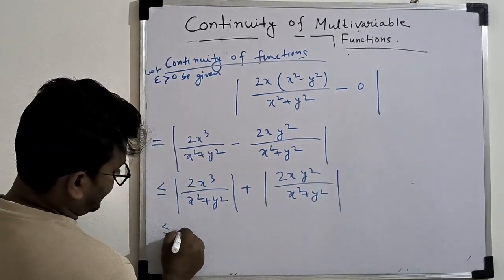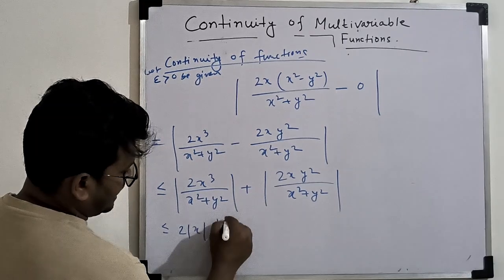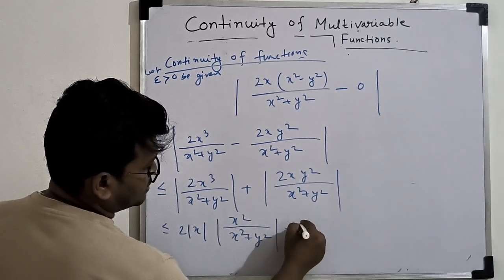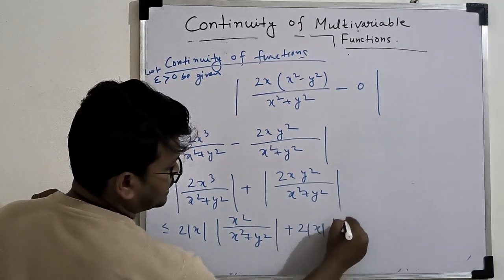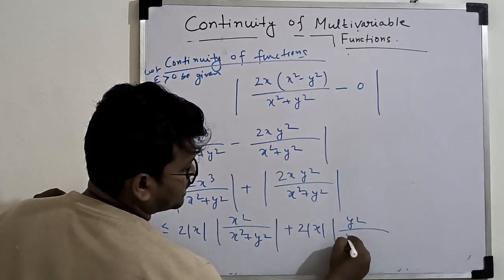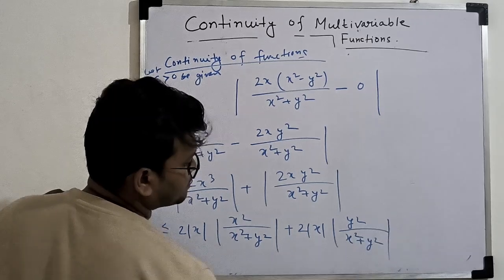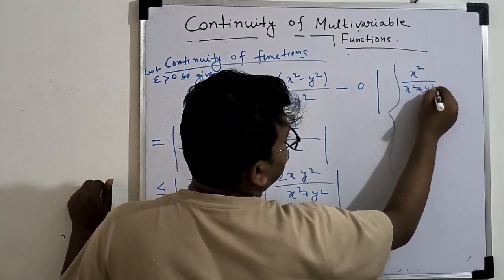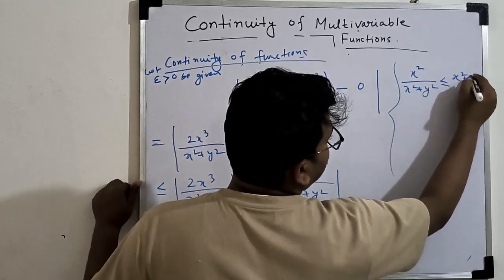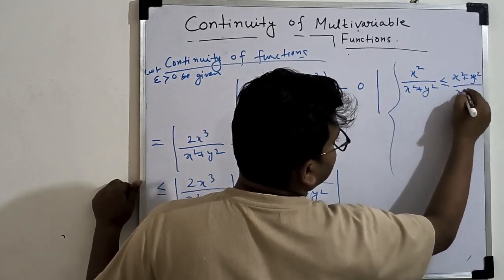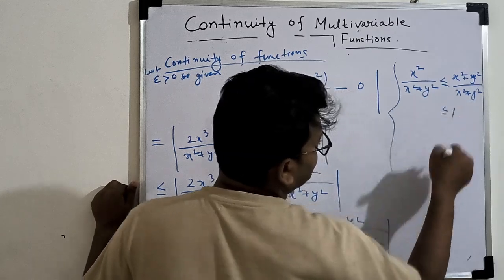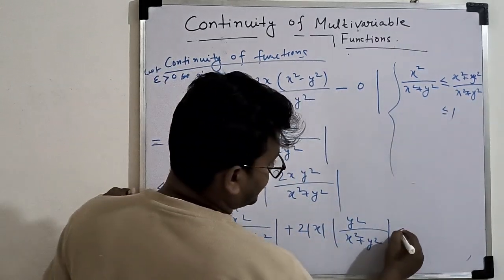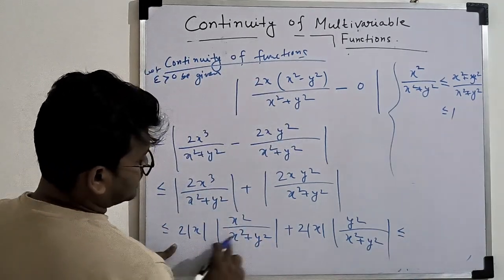From this we can write 2|x| times x²/(x²+y²), and 2|x| times y²/(x²+y²). As we get x²/(x²+y²) less than or equal to (x²+y²)/(x²+y²), that is less than or equal to 1, we can put 1 here, and then we get less than or equal to 2|x| + 2|x|,